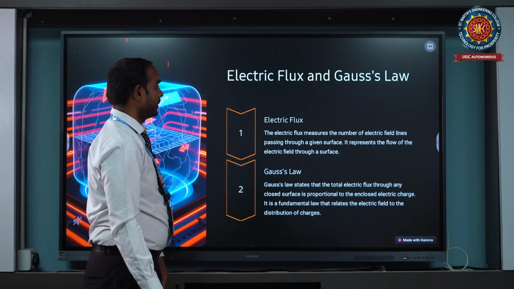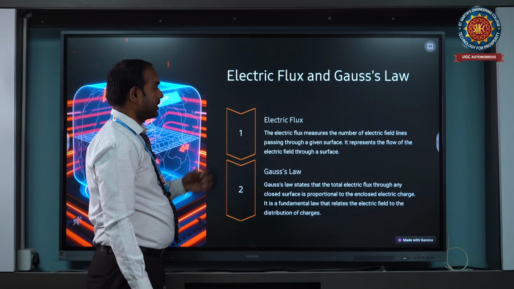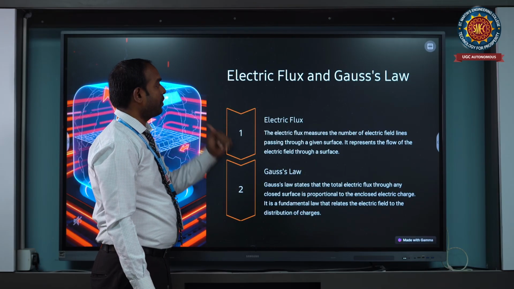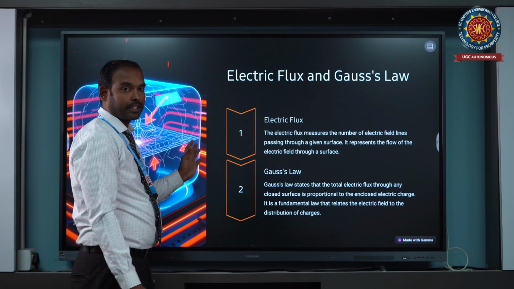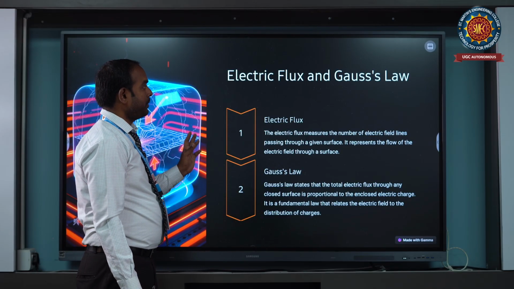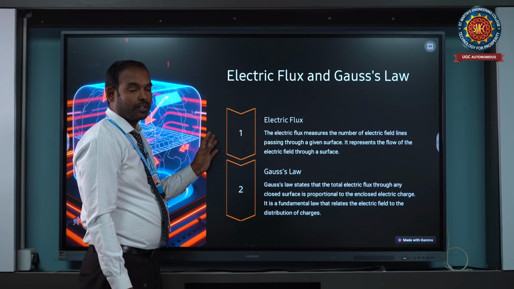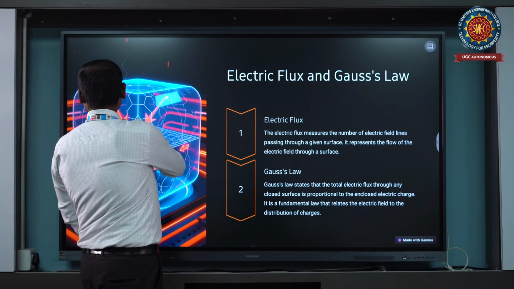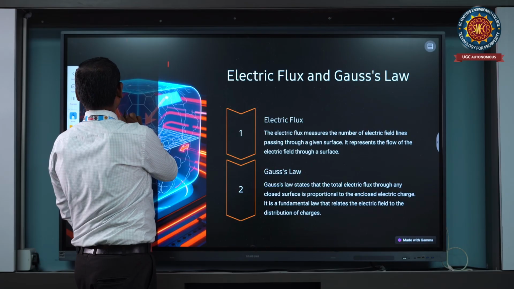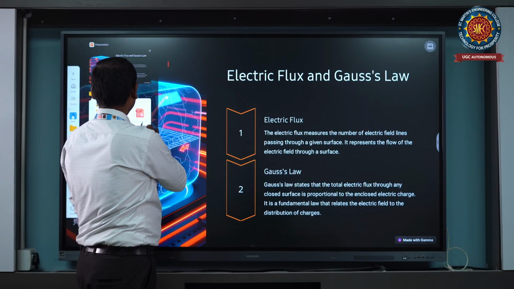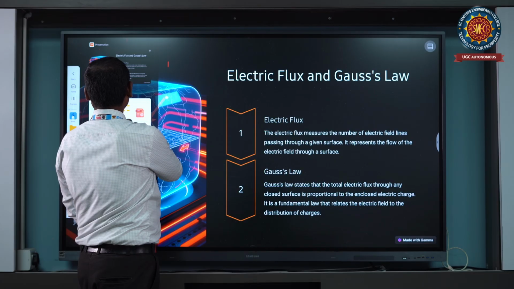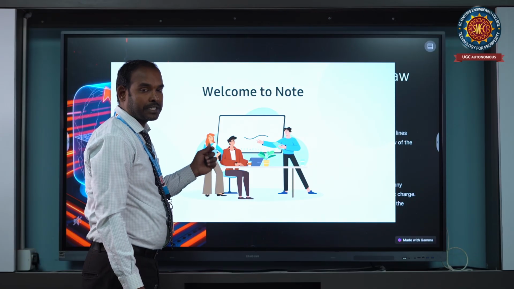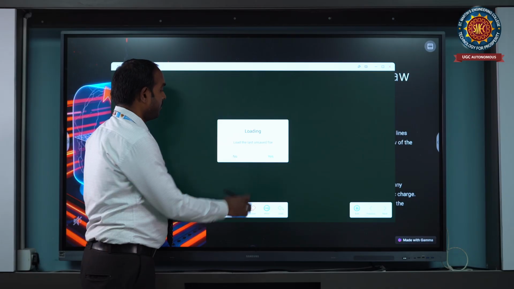See here. For continuous charge distributions, we define a quantity called electric flux. It represents the flow of electric flux lines through any arbitrary surface. It is a measure of the number of electric flux lines of force passing through a given surface. Mathematically, we can write psi, it is represented by psi, that is equal to the surface integral of